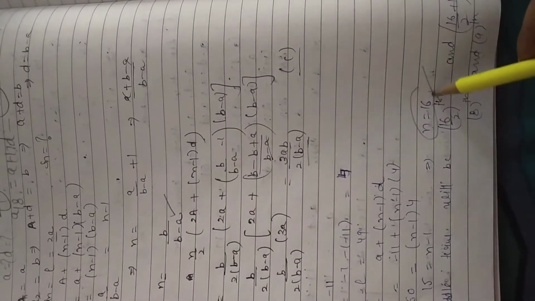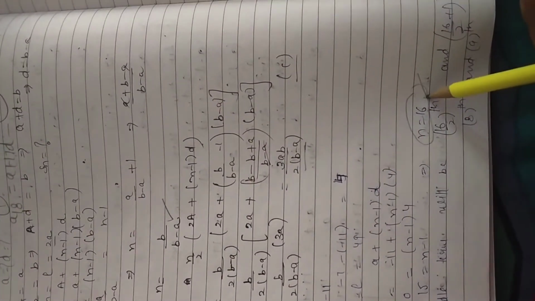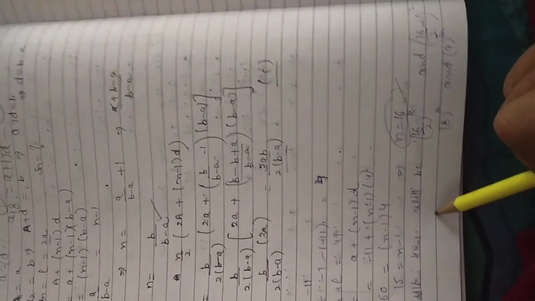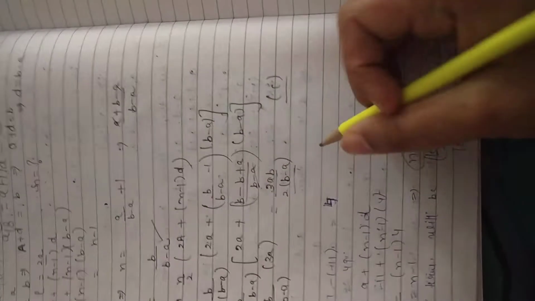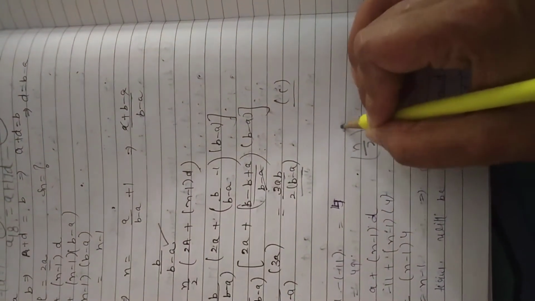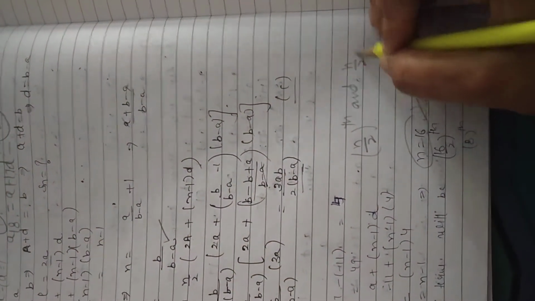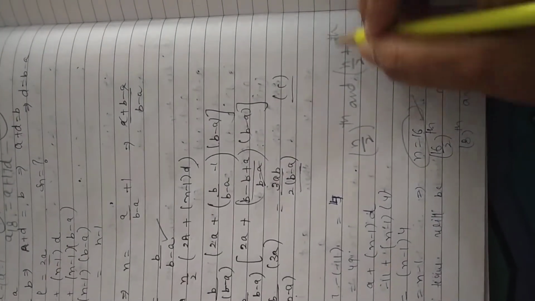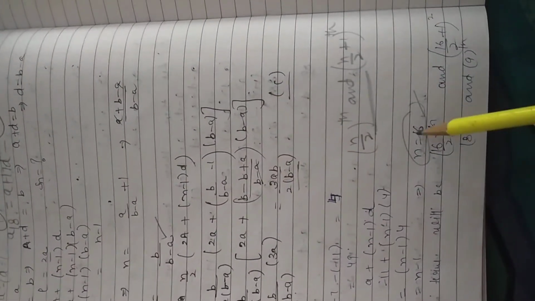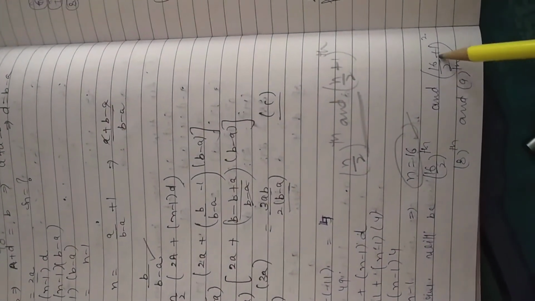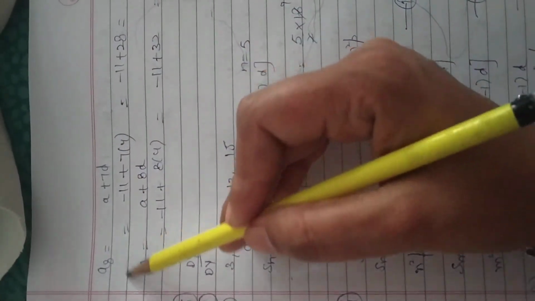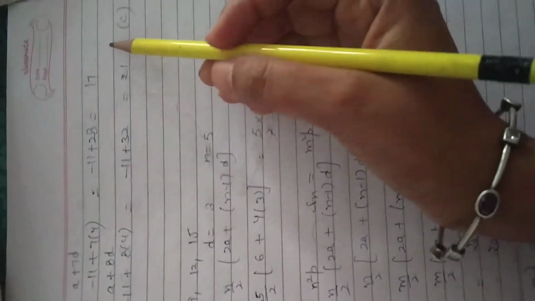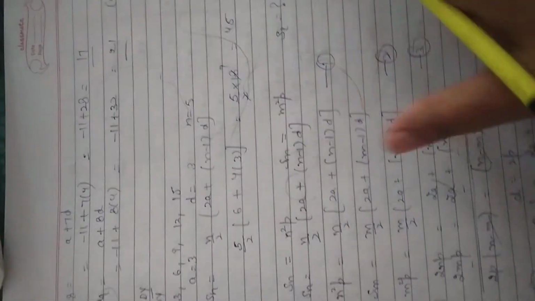It means the number of terms is 16. It means the number of terms is even. As we know, to find the middle term, when we calculate the median and the number is even, we always use the formula n by 2th and n by 2 plus 1 terms. We always calculate the average of these two terms. So 16 by 2 means 8th, 16 by 2 plus 1 means 9th. It means the 8th term we can calculate as a plus 7d using the formula, and the 9th term as a plus 8d. We can easily reach these two middle values.